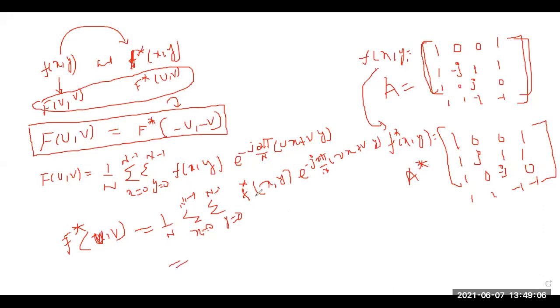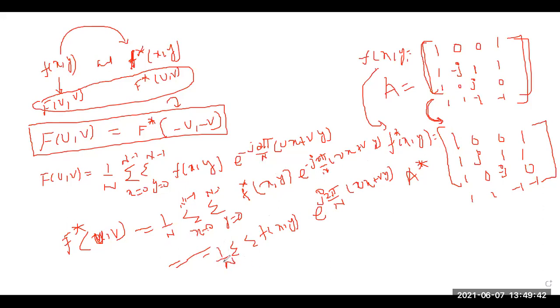Now when I change to this conjugate property, what will happen? The minus changes to plus. So this can be written as f of xy, and now this j will become positive. Fine, yes or no? Because according to the conjugate property, when you perform the conjugation, the complex part will change. That means the minus part will become plus. So it will be ux plus vy. Fine. So this is the actual equation, with summation 1 upon n.